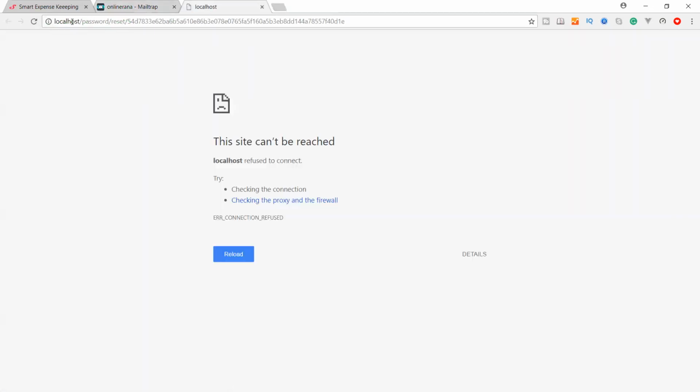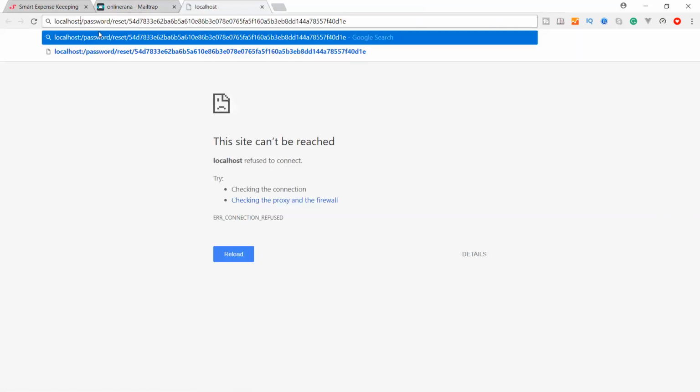Because this Laravel is using port 8000, and this link is not with the port, because when this application is live there is no localhost, and here will be your domain address, the password route URI and the token. So we can access it by colon